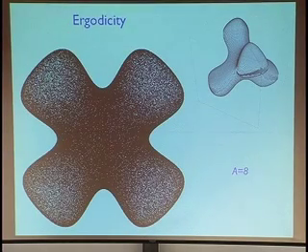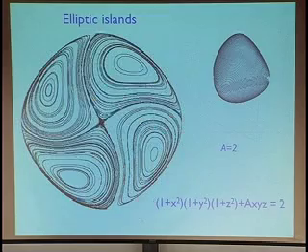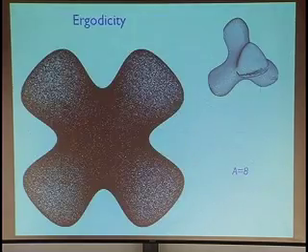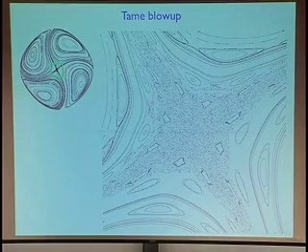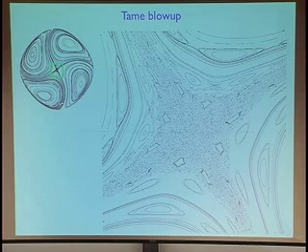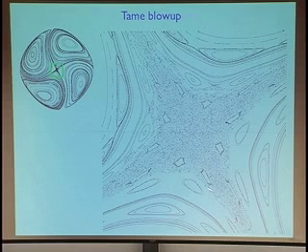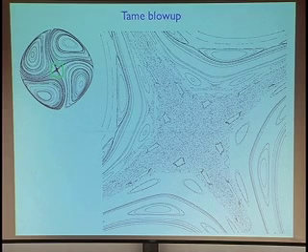Now, let's return to the tamest of these, this picture here. And what I'm going to do is blow up a little part near the center. And what you see is that even in this very tame picture, where most of the surface is filled by these elliptic islands, there is, on a small scale, something that looks just like this stochastic sea. And in fact, apart from this picture where it looks like there's a dense orbit,